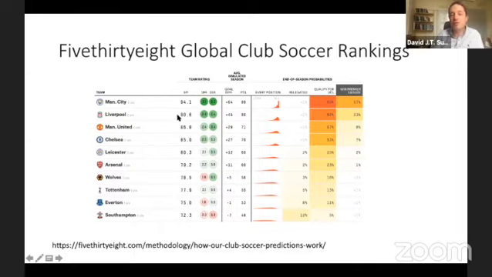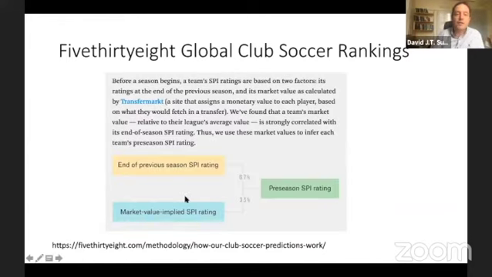They do all of this simulating the league, trying to find out the probability that their team will qualify for the Champions League, that they'll win the Premier League. Interesting to see Manchester City up there at 57%. So they're really trying to make predictions of the future. Just a little bit about how it works, what they do. Again, you can read all of this from their webpage.